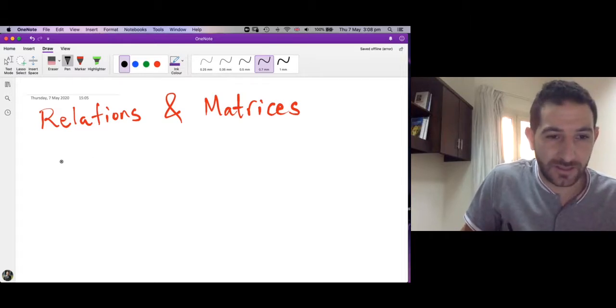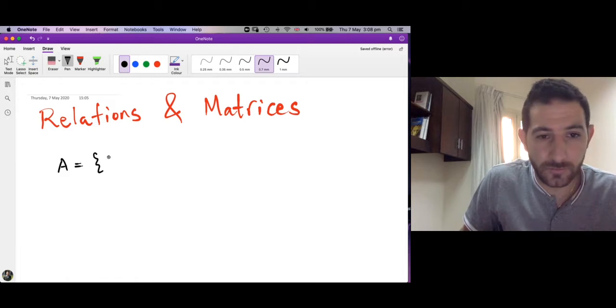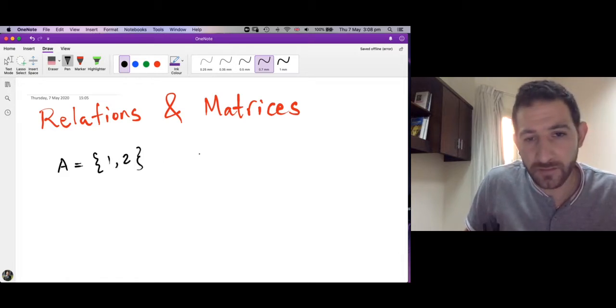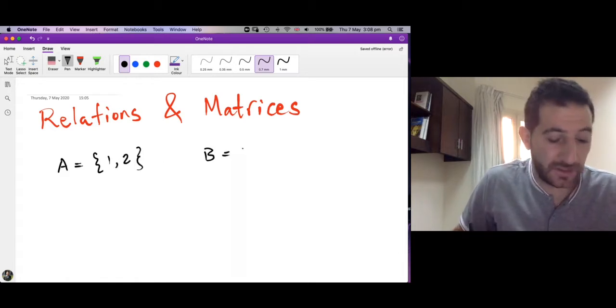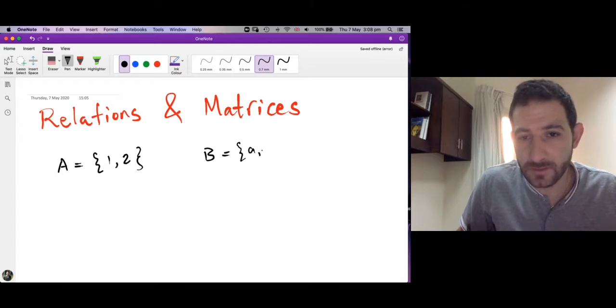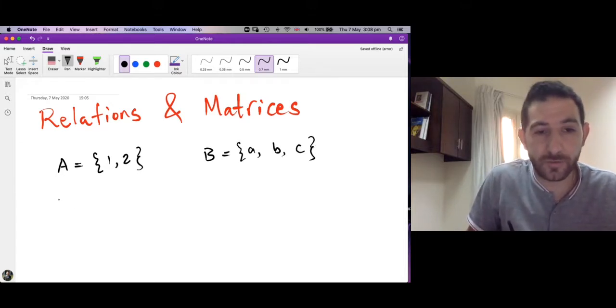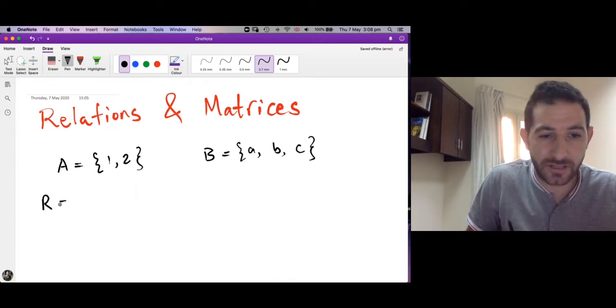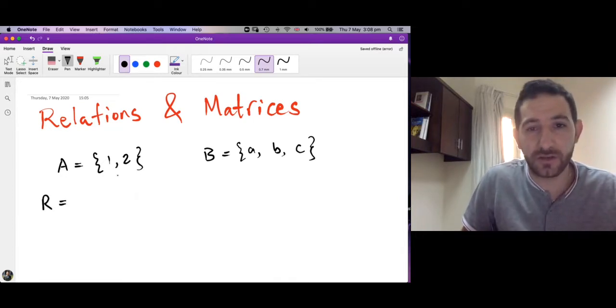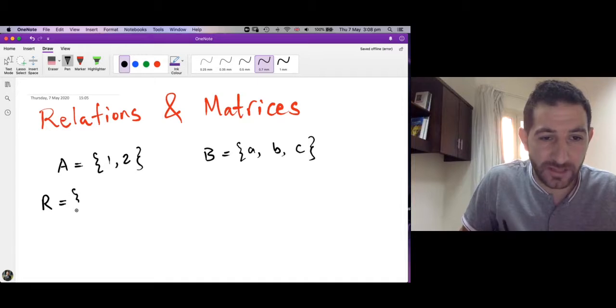Suppose we have the set A, which contains the elements 1 and 2, and we have the set B, which contains the elements a, b, c. Suppose we have a relation R from A to B. What's a relation? It's a subset of A cross B. So it will be a set of pairs. So the pairs are